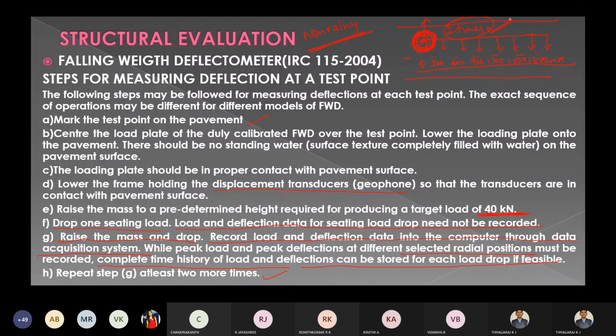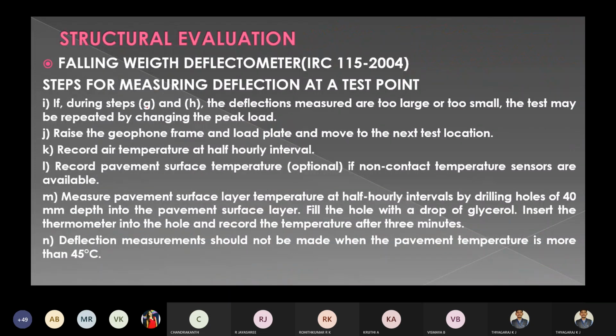Okay. Next, in steps G and H, if the measured deflections are too large, that is, when you have applied the load and recorded the deflection and the values are too high or too small, the test may be repeated by changing the peak load.